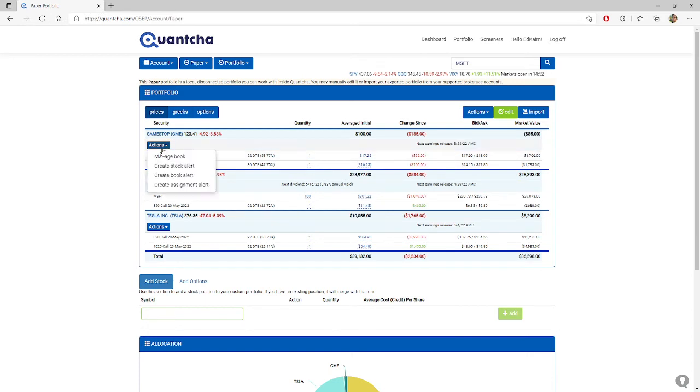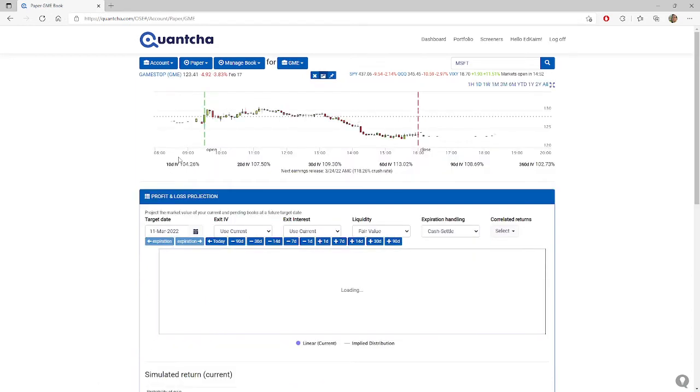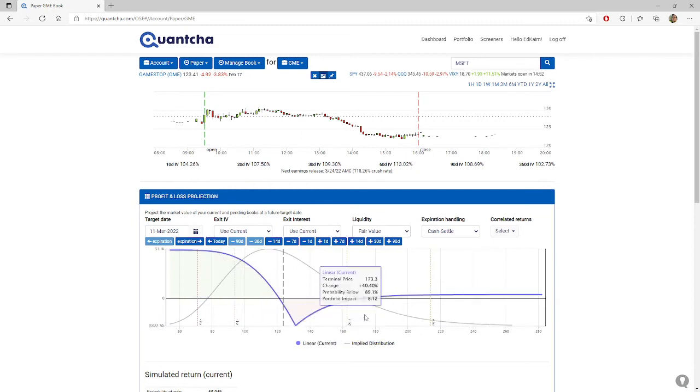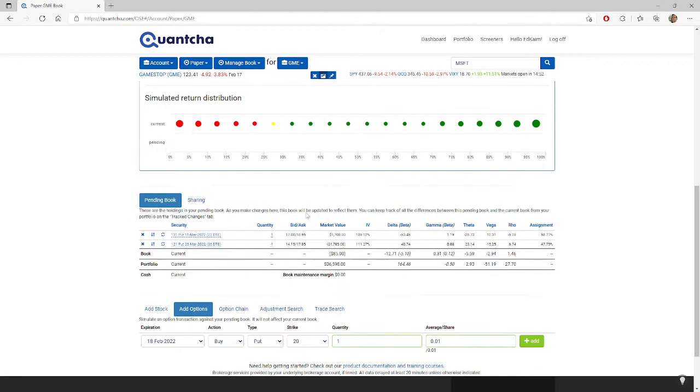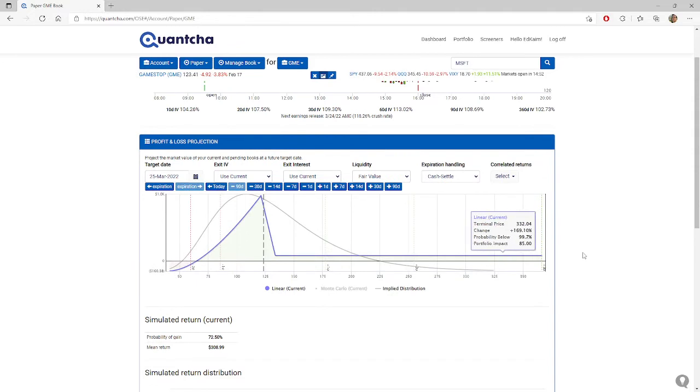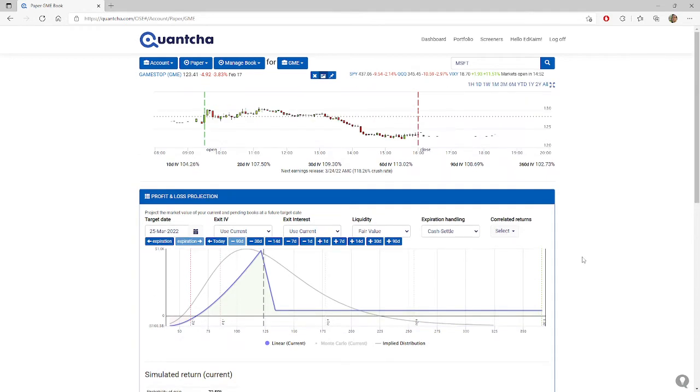And now, ordinarily what you'd do is you'd come in and take a look at the Manage Book feature, and I'd be able to see, all right, this is what I'm projected to get for the GameStop position, depending on the underlying on that date. I can move forward to another date and see that, and of course get all these features. And this is great if you want a breadth analysis to understand that three-dimensional view of a specific date. But a lot of times what you're really looking for is a much easier to digest scenario that says,